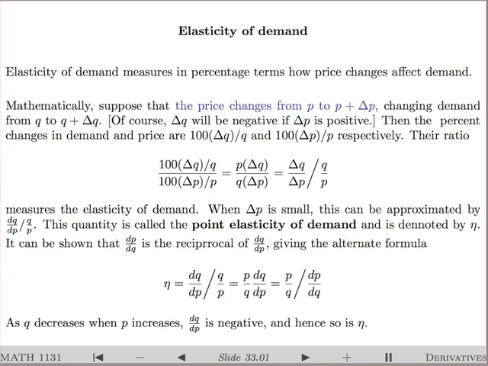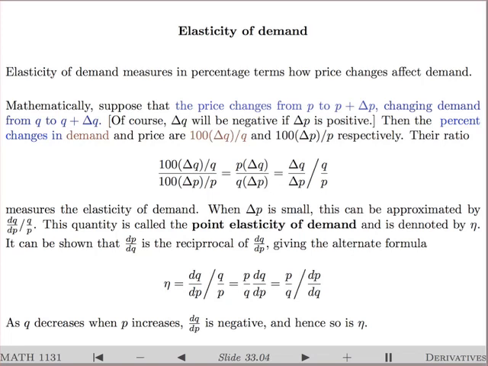Mathematically, we can analyze this in the following fashion. Suppose the price increases from P to P plus delta P. The demand will change. Let's say it goes from Q at a price point of P to Q plus delta Q, price point of P plus delta P. Of course, delta Q will be negative. Let's not worry about it right now. Then we look at the percentage changes. For the demand